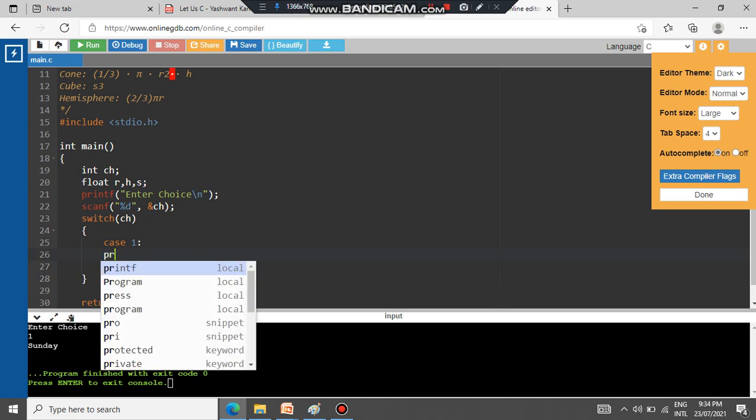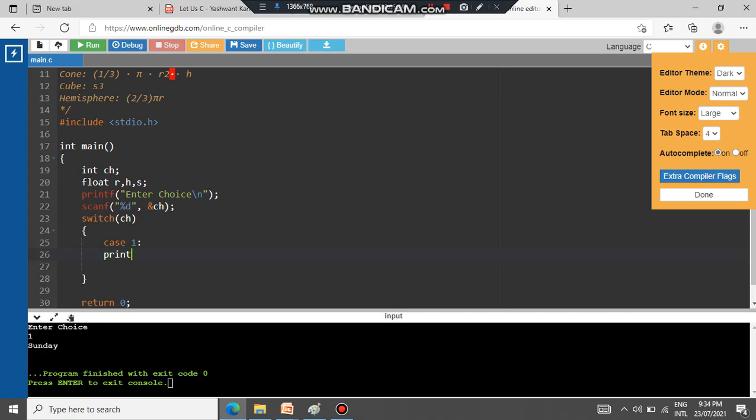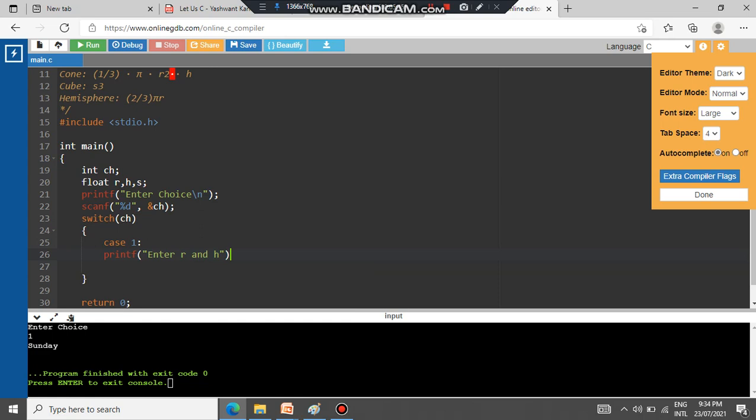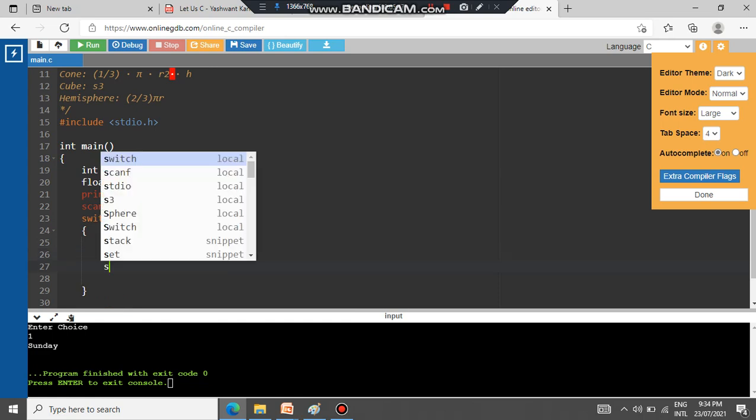So first thing is that we have to read what? Radius and height. So enter radius and height. Otherwise I will say enter R and H, semicolon, and then we'll read scanf.